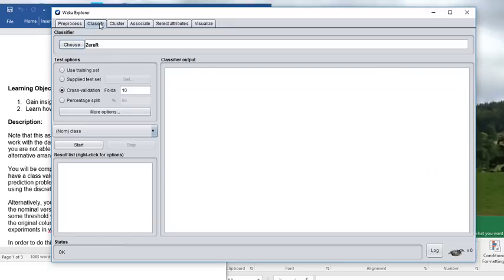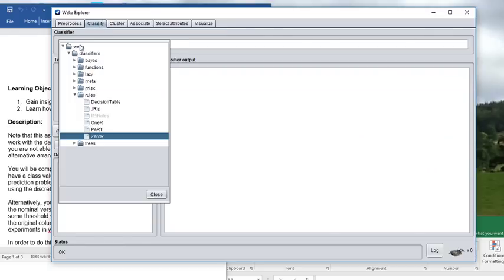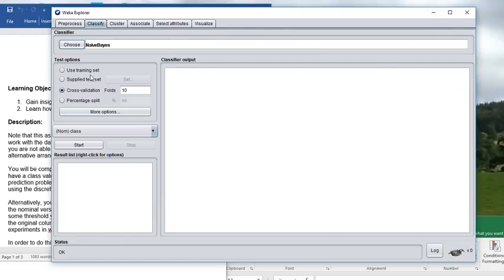Now if I go to the classify panel, and I've instructed you in the assignment to use naive Bayes. Okay, now I am going to do a cross-validation by hand to get the performance values that I'm going to use for the